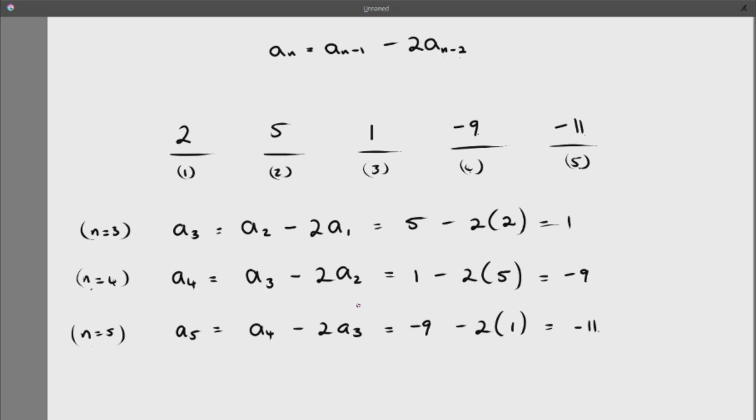Okay, so that's one side of it, where we have these kinds of formulas. Remember, they're called recursive formulas, where I'm using previous terms to find the next terms. But it doesn't have to be like that. We also have formulas